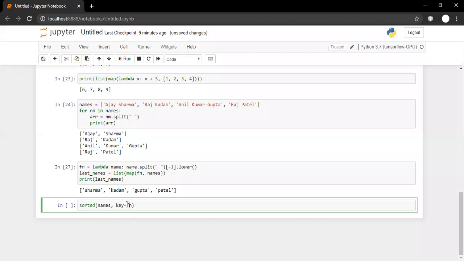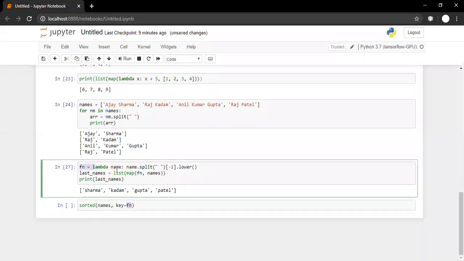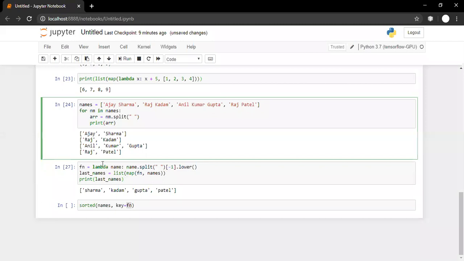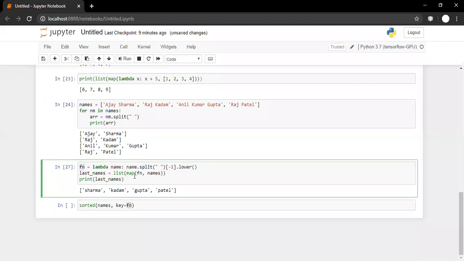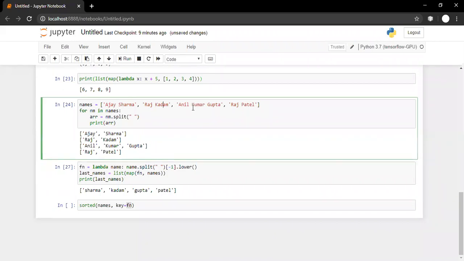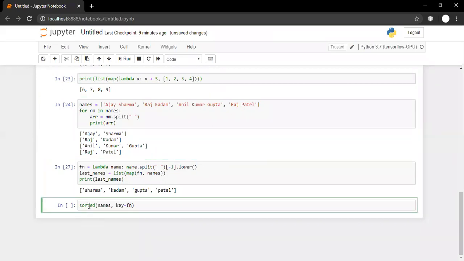What is the fn function returning? It is returning the surnames only. When we use it with map, it returns only surnames, that too in lowercase. So basically, this sorted function will rearrange the elements of names using surnames.